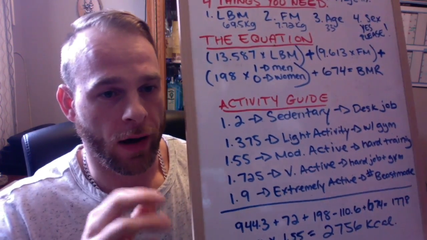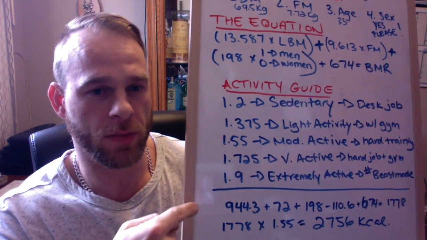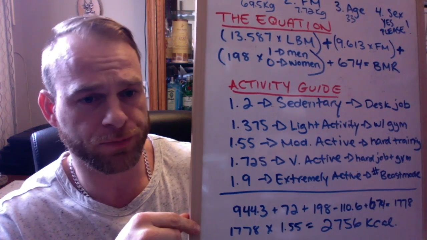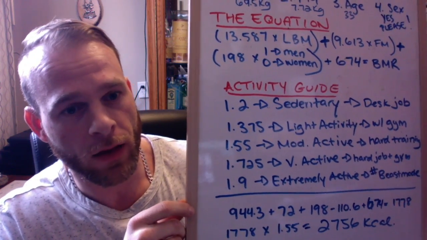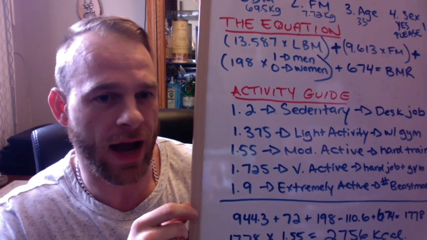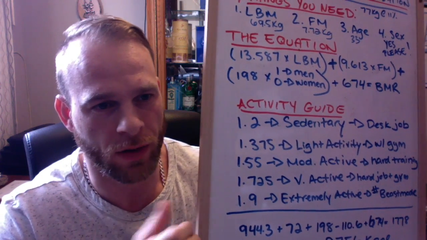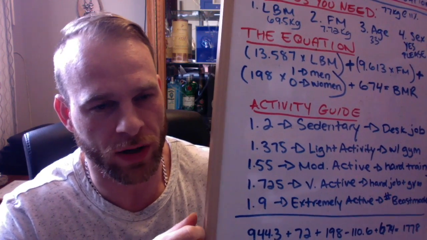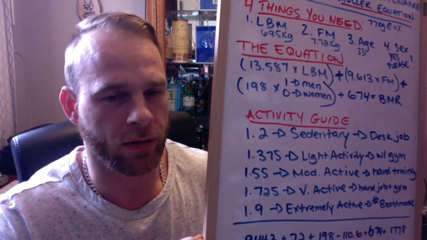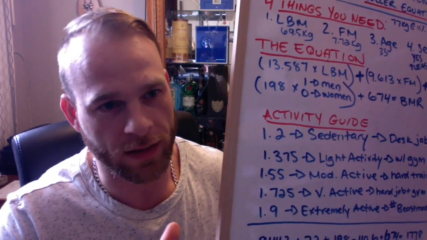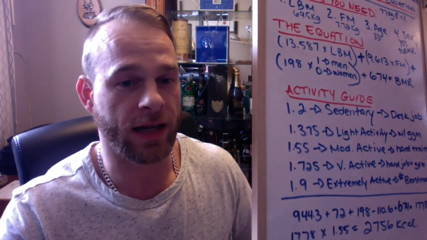I have mine as an example here. I took all those numbers and plugged them in. My basal metabolic rate was 1,778. I put myself as moderately active because I'm mostly walking through the day with light picking up of weights when I'm training my clients. It's nothing too strenuous, but I am training pretty hard, lifting about 5 days a week and thinking about cardio, but I'm not there yet. I'm bridging the gap slowly. So my daily estimate was